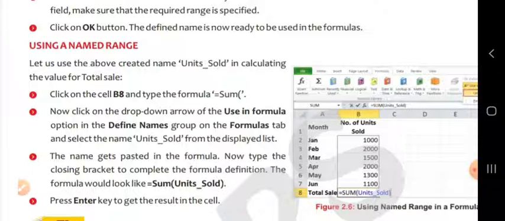Then after that name comes, you just close it with the bracket to complete your formula. The formula would look like equals SUM(units_sold). Then press the enter key to get the result in the cell. So this is the way that you can use a named range.